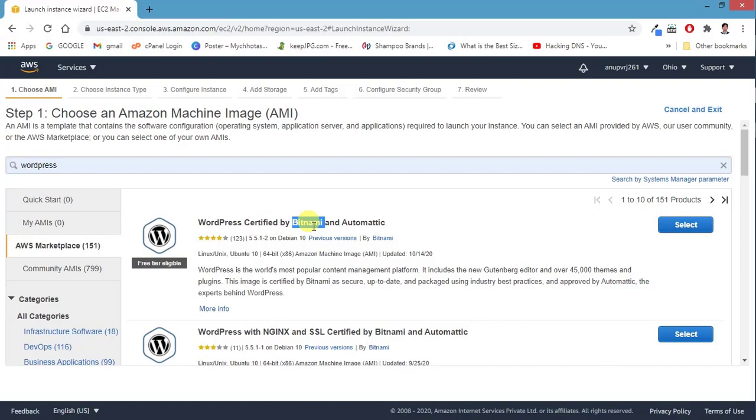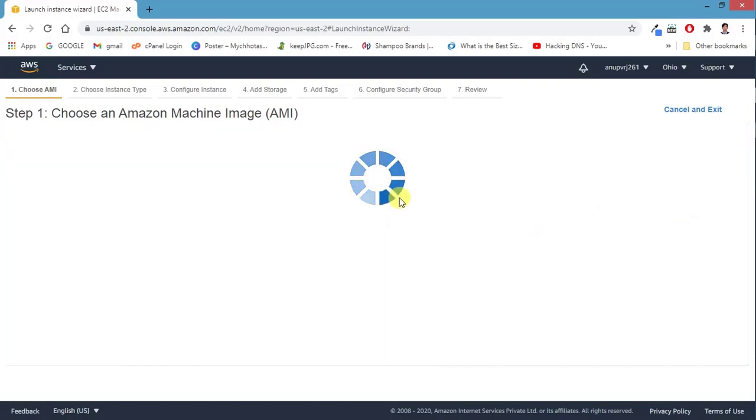The other method is by using CentOS, where we'll set up our WHM account and cPanel. That is a little bit tough, we can say complicated. There are several things in that method, but this is using Bitnami. Installing WordPress using Bitnami is too easy. So after searching, you will find this one, and then hit Select.